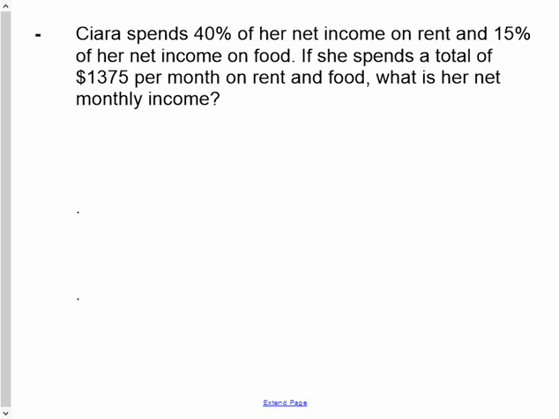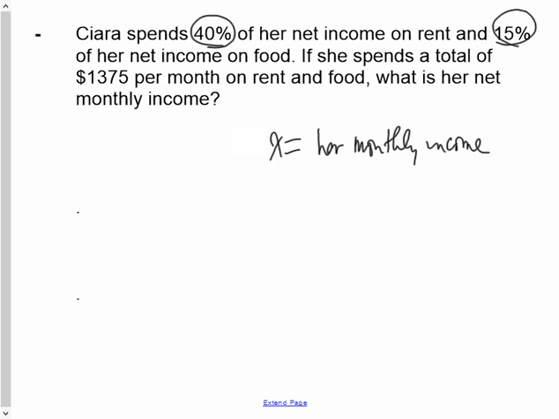The first thing we're going to do is say X is going to equal her monthly income. To find the variable is step 1. Step 2 is to create an equation. So if 40% of her income is spent on rent and 15% is spent on food, then that means that 55% is spent on food and rent,